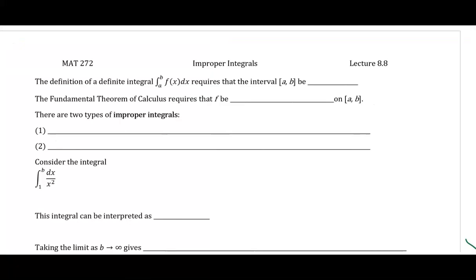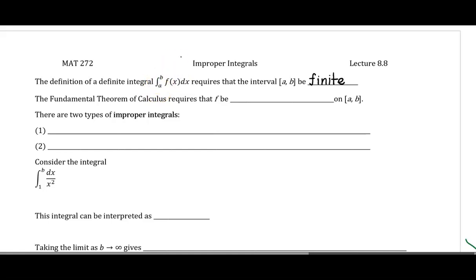In this section, we will be studying improper integrals. So first, let's talk about the two things that make an integral proper. What I mean by that is we've seen lots and lots of examples where we've evaluated definite integrals across some interval from a to b. We did require that that interval was finite. All that means is it had a definite starting point at some number a and an ending point at some